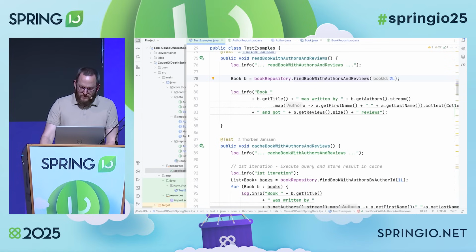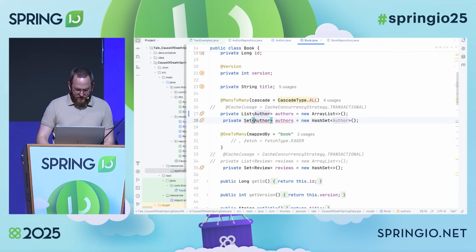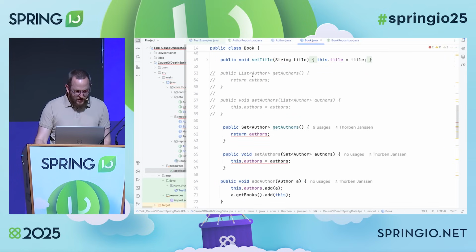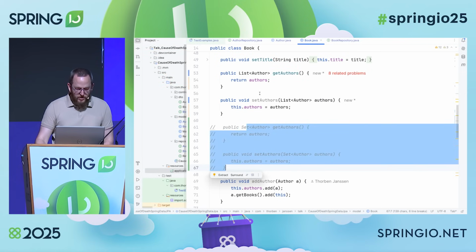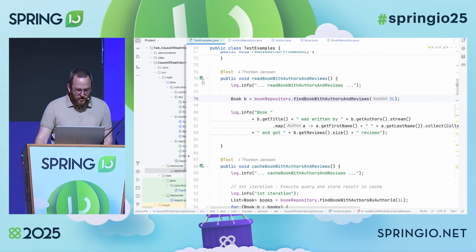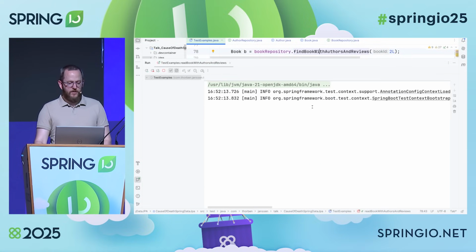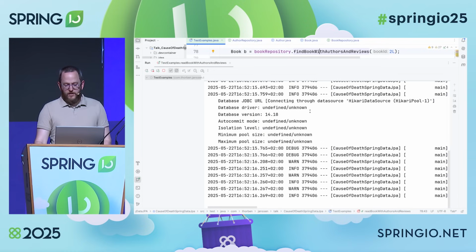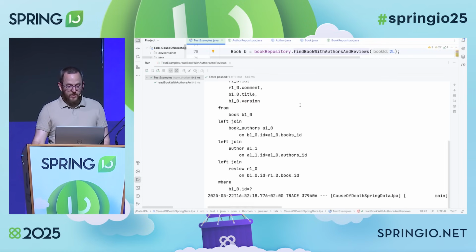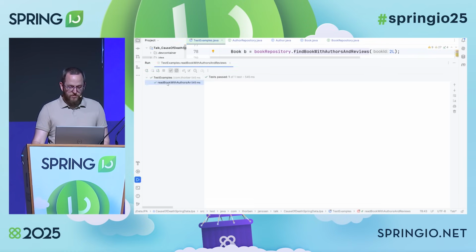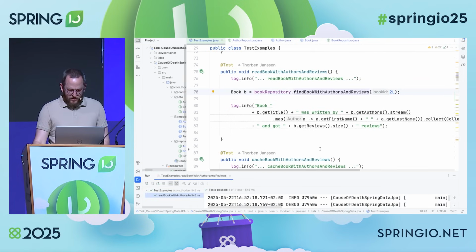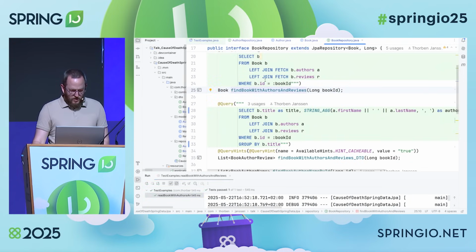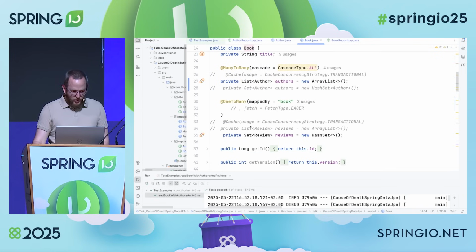And to have this test case fail, I need to actually switch back the stuff that I just changed, because this shows you another reason why we should use the set as our many-to-many relationship type. Wait a second. Both have to be a list.